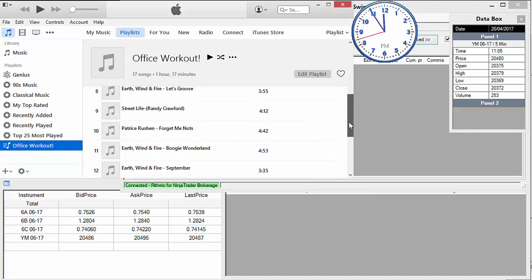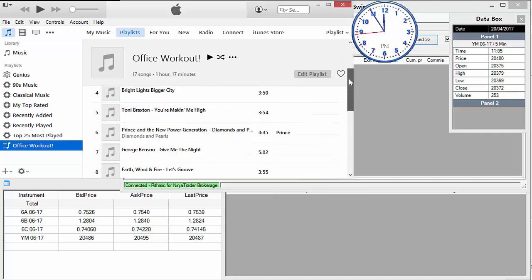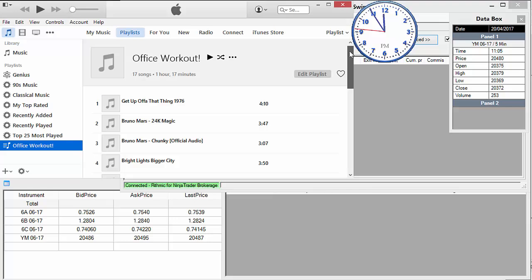So I know it intimately. I change it periodically, but I always keep the structure the same, in the sense that I know where the certain type of music is that I need to either bring me up or bring me back down. It's called an office workout because I actually do work out up here on my 4th floor office,